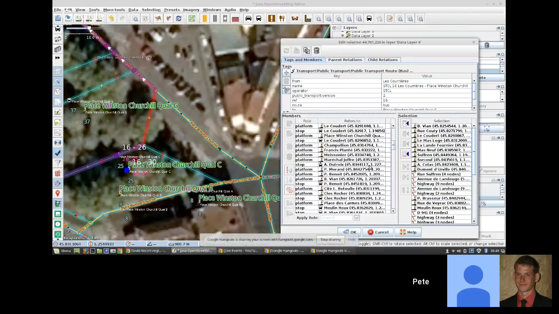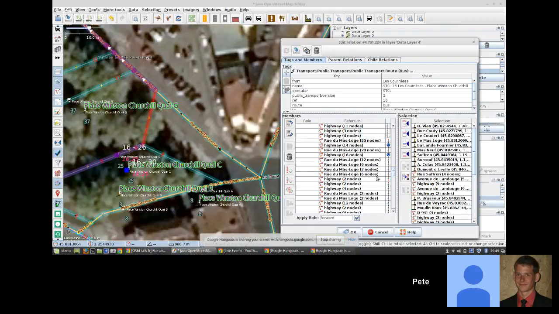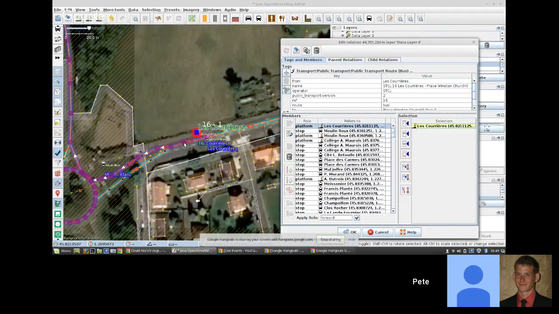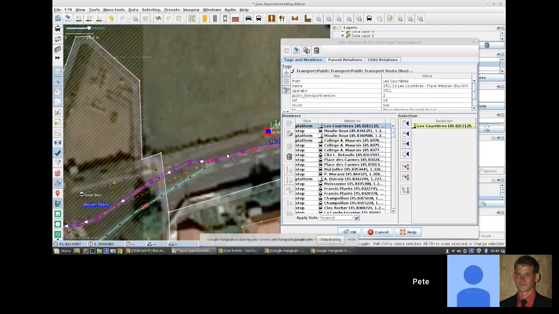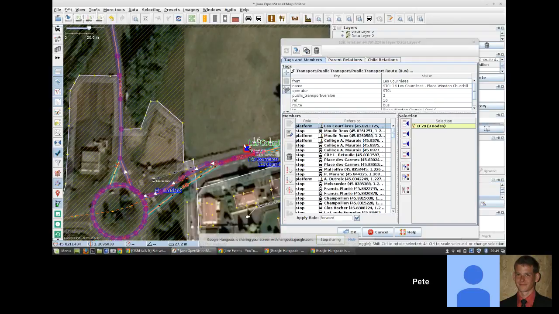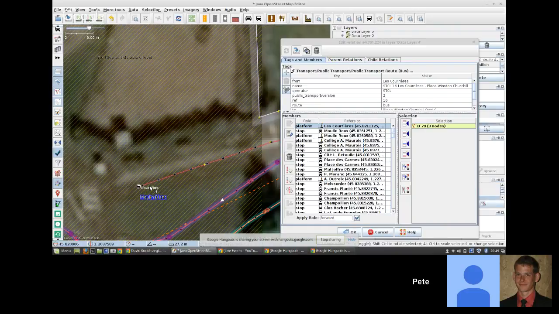If I now sort all the ways here, oops, that didn't do what I expected. Well, it's already a bit more continuous, but not quite there yet. Now, what is odd here? Still have a lot of stops. Yeah, so let's jump to the first one again. Okay. That is odd that there is a platform there, but a stop position here. That's weird. But anyway,